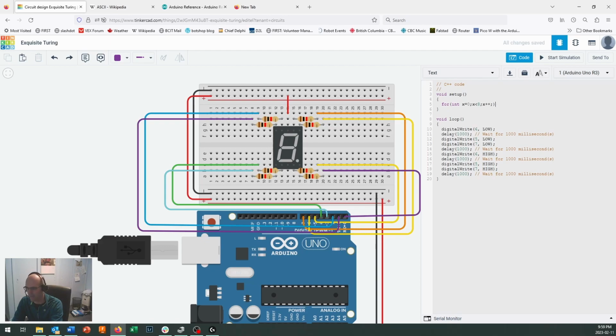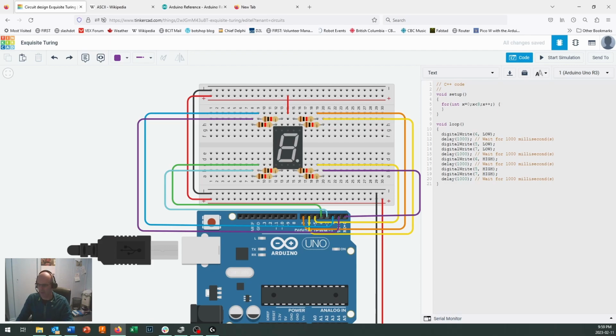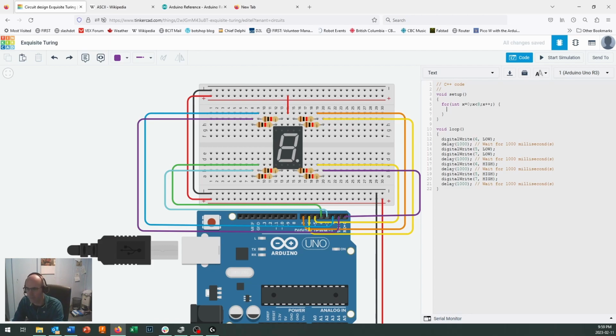Wrap that up in brackets, because those round brackets say that this is what controls the function. And then we say how long that function is going to be. This is like those two orange arms that wrap a loop. So just go ahead and create them right there. And now everything that's in between those two is indented a little bit. And now we can just say pinMode x, comma,